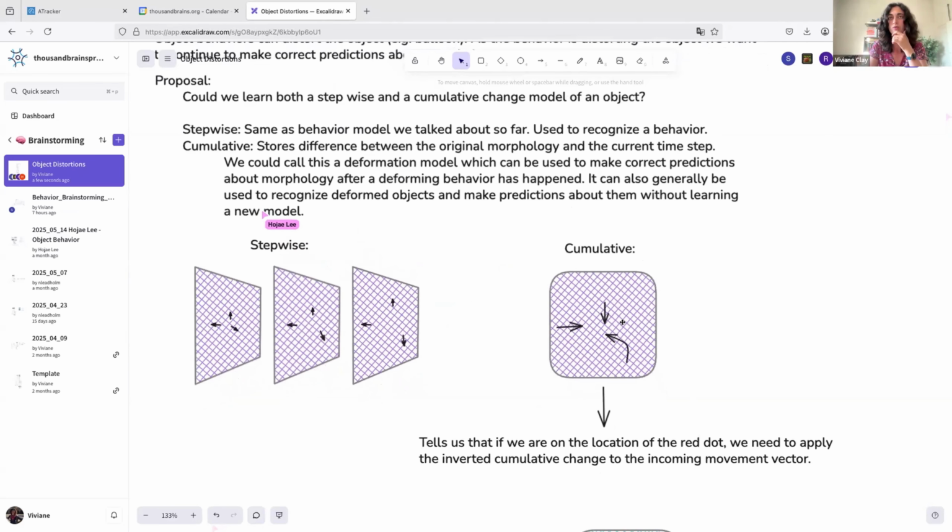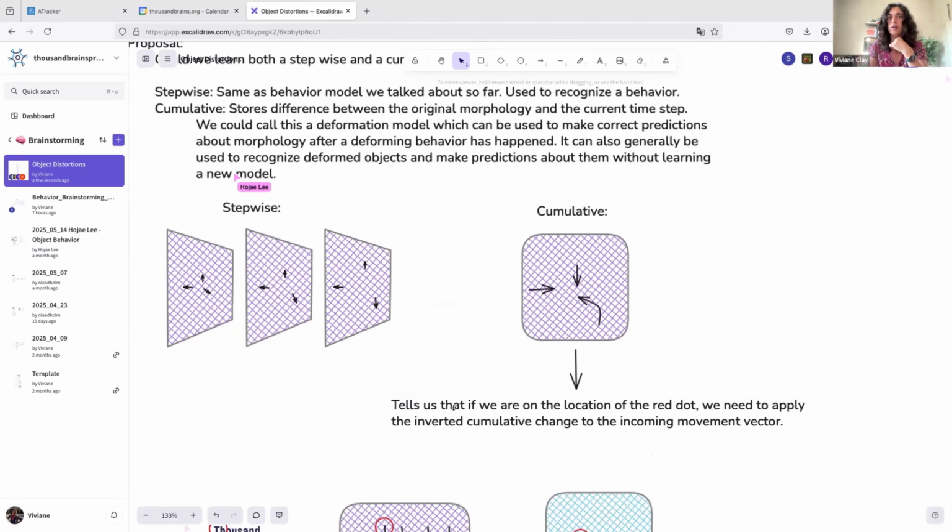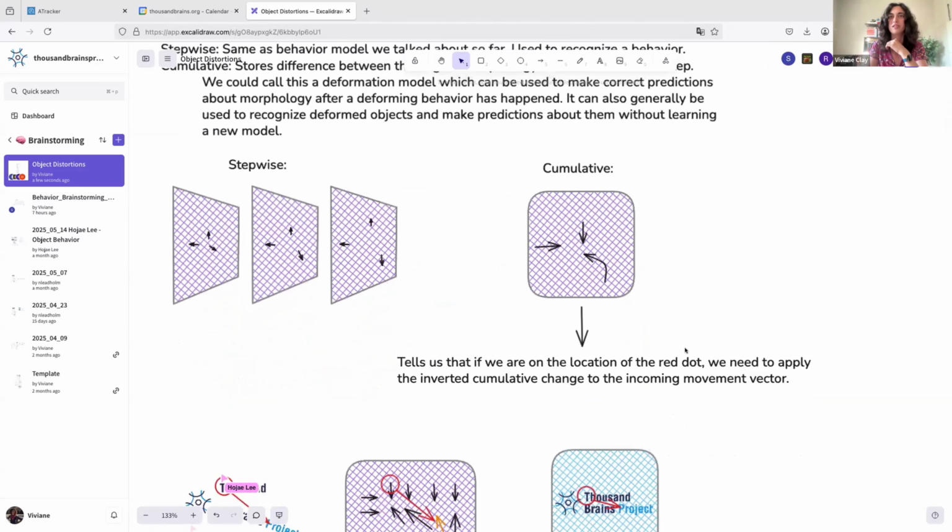And so basically what we would store in this distortion map is, if we are on a location, oh, there's no red dot, you know. I copy pasted this from the other